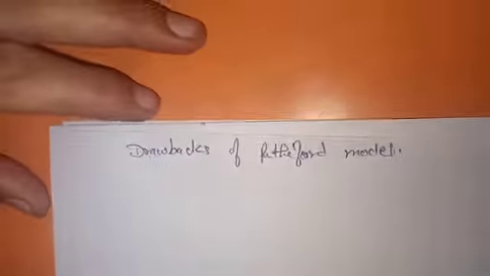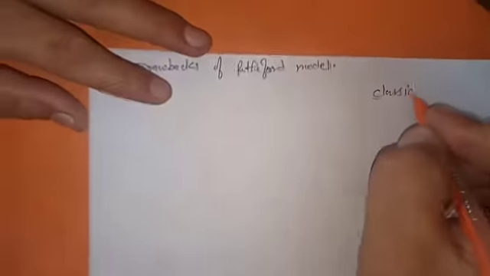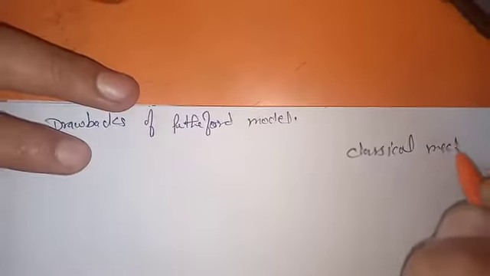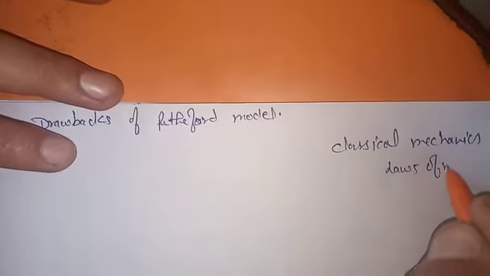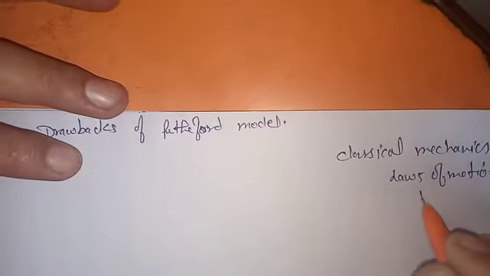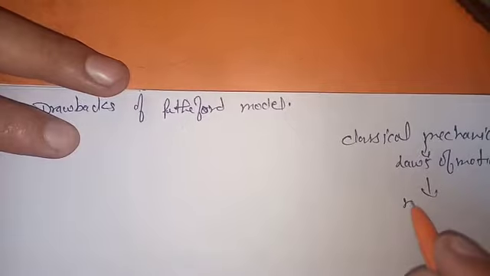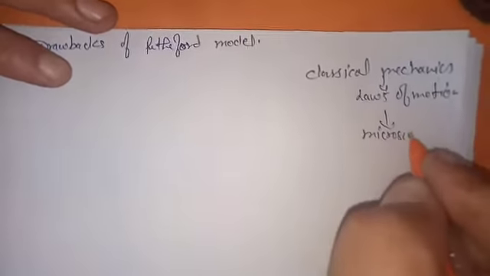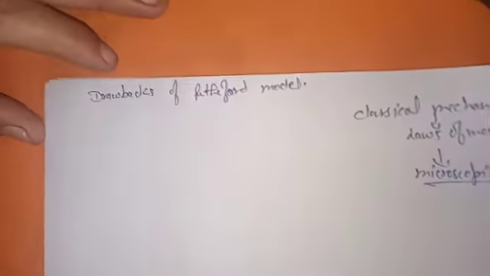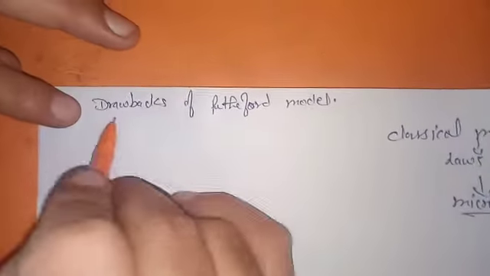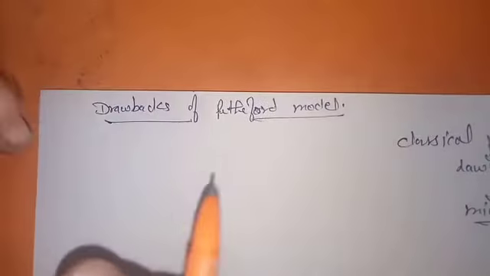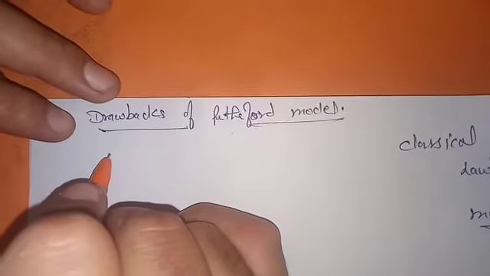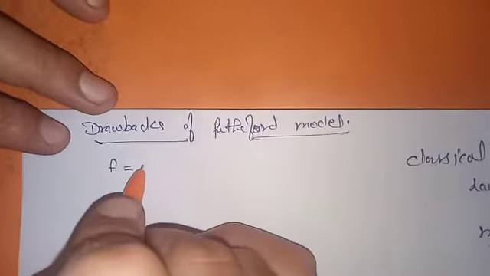At that time, classical mechanics was used in physics. Classical mechanics, meaning the laws of motion given by Newton, was applied to the microscopic world as well, which is not done today. Okay, so the drawbacks of the Rutherford model: we know that in an atom, the attraction force between two charged particles